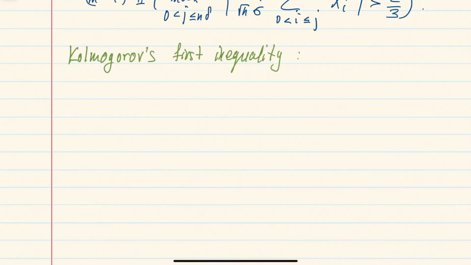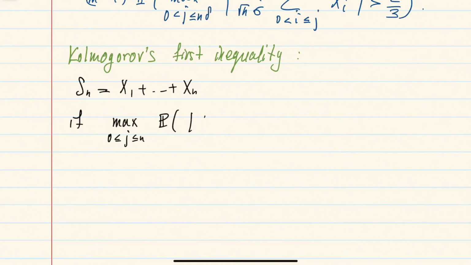It states that if you look at sums of this form for independent random variables, and you have control of the tail, so that for all j up to n, the probability that Sn minus Sj exceeds some level alpha is bounded by some probability p strictly less than 1,